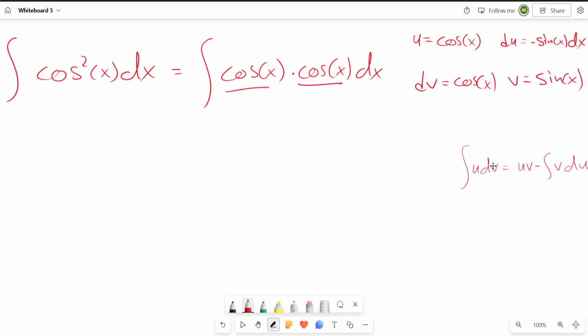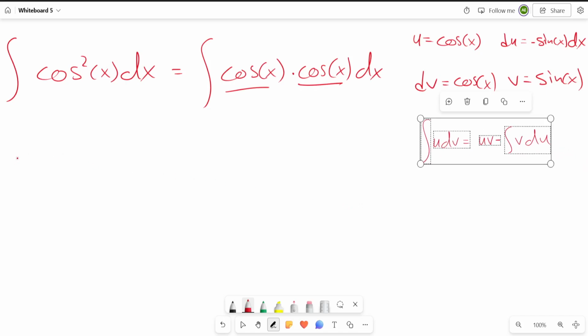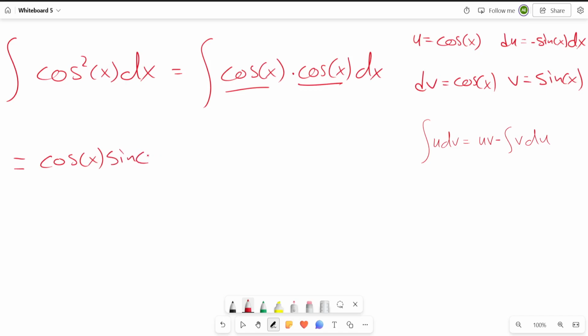Okay, so moving from here, using our integration by parts formula, we can say that the integration of this is going to be equal to uv, so it's going to be cosine of x times sine of x, minus the integration of v du. So v is sine x times negative sine x, that is negative sine squared of x dx. Okay, so I can say that this negative and this negative will cancel out, so I will have something that looks like this. So moving on from here, I can see that I need to integrate sine squared of x,